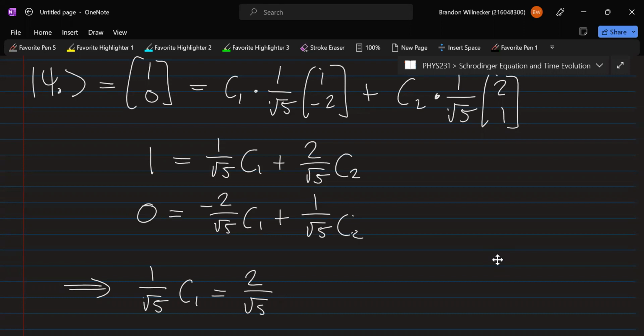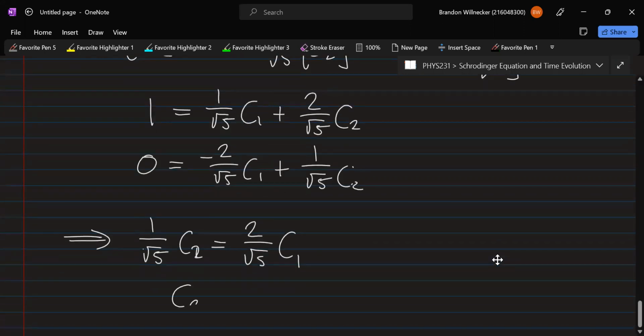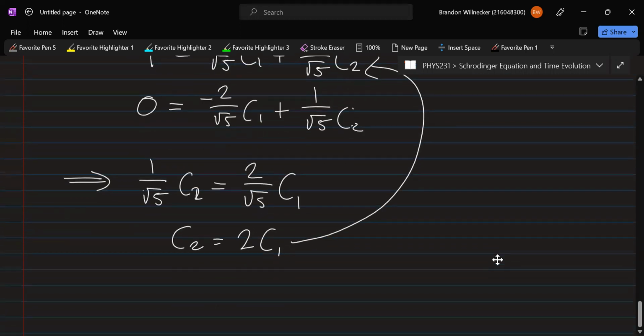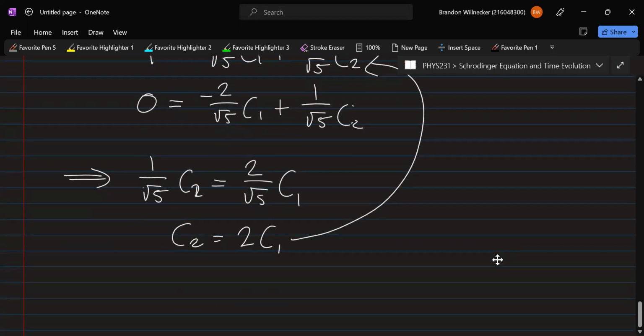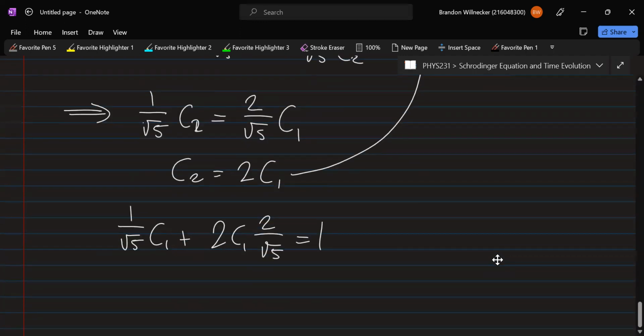This is 1 over root 5, C2 is 2 over root 5, C1. So C2 is twice C1 if we cancel the 1 over root 5 on both sides. We can then substitute this back into the first equation, and we're going to get 1 over root 5 C1 plus 2 times C1 in place of C2, times 2 over root 5, is equal to 1. So we're going to end up with 4 plus 1 over root 5, so that's 5 over root 5